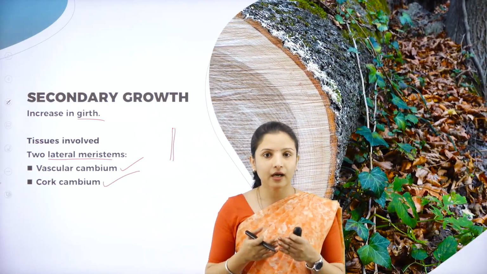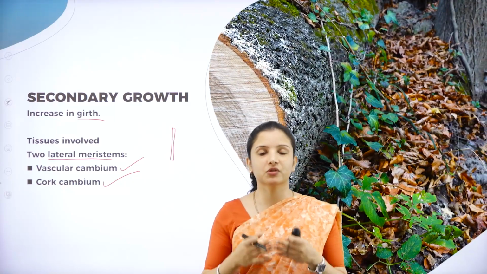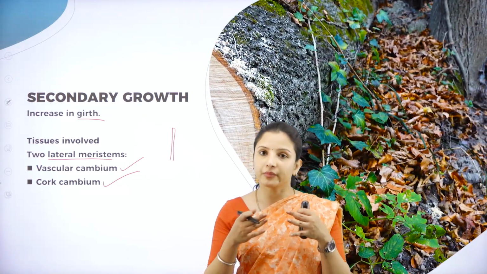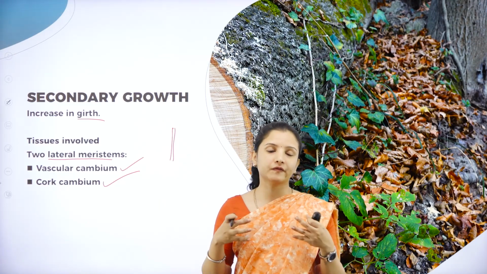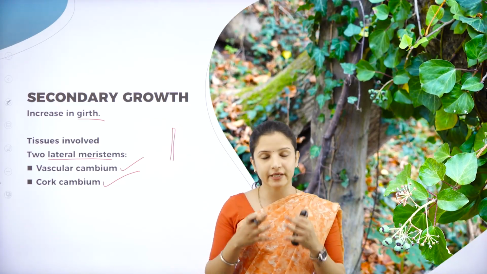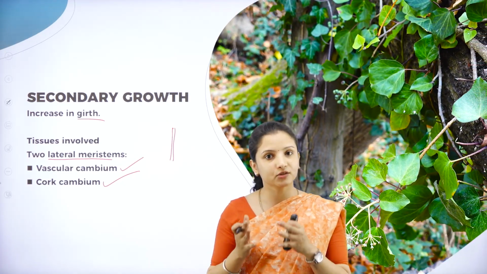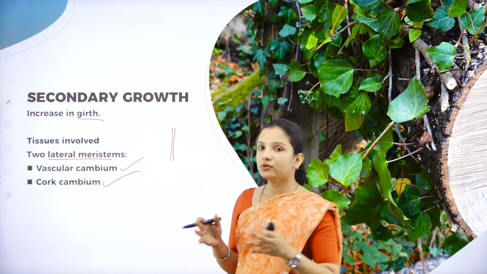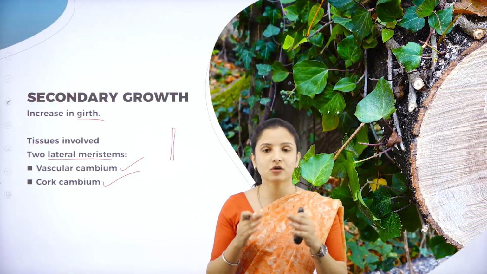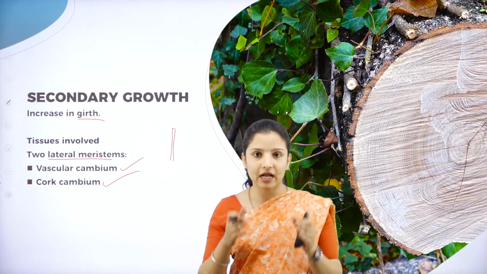So why are they called meristems? Because meristems are those cells which are actively dividing. Meristematic cells not only help in increasing the length of the plant, but also help in increasing the girth of the plant, especially in the case of the stem. That increase in the girth is brought about by two lateral meristems. Why is it called lateral meristem? Because it is present at the sides, at the lateral portion.